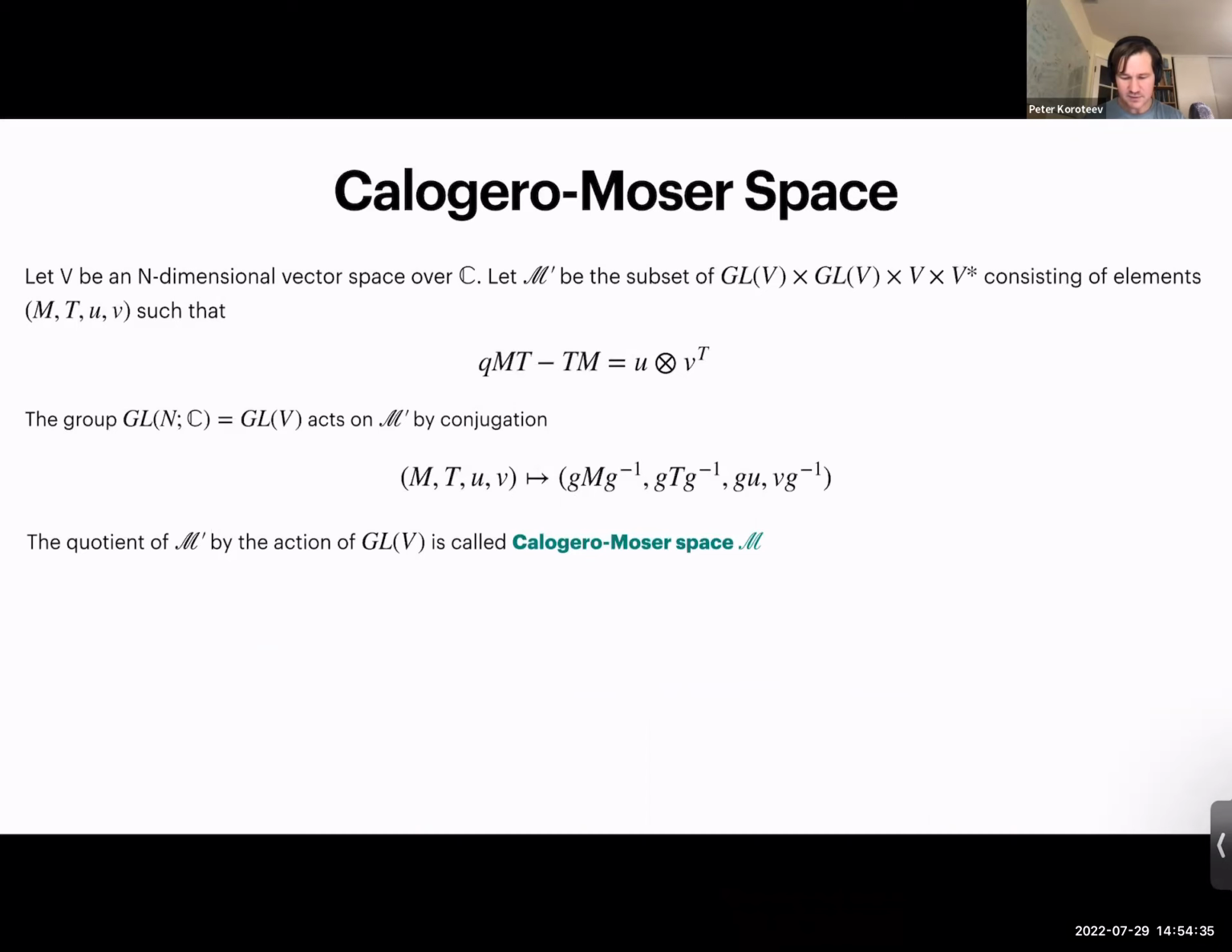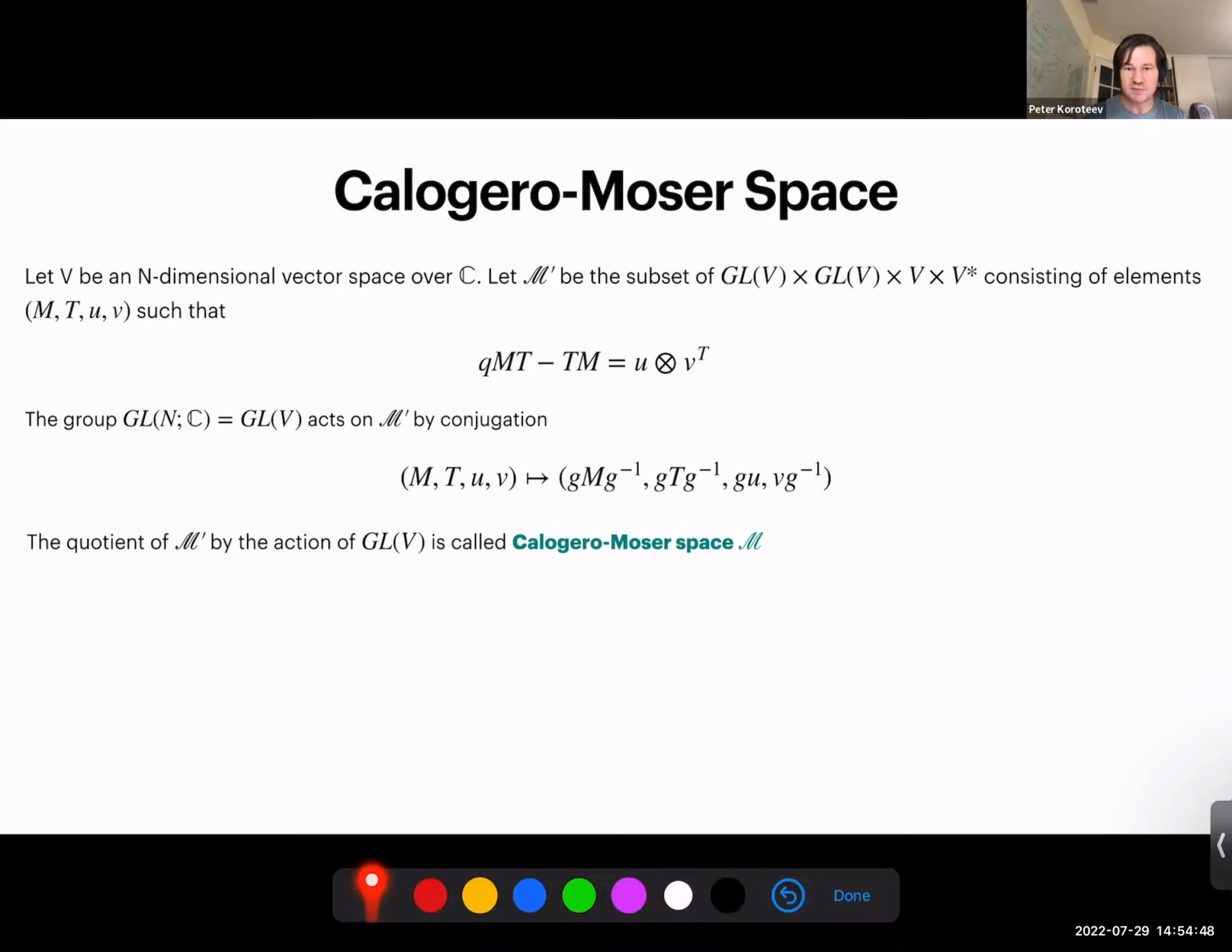Now, let's talk about those integrable systems in a bit more detail. Of course, this oper story is not where they first appeared. There's the so-called Calogero-Moser space, which is algebraically defined as follows: let V be an n-dimensional vector space over C, and then M prime will be the subset of this space GL(V) cross V cross V dual, which consists of tuples of elements, matrices M and T and vectors U and V, such that this condition